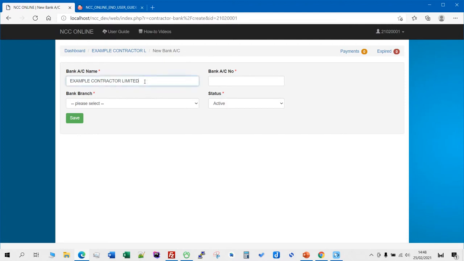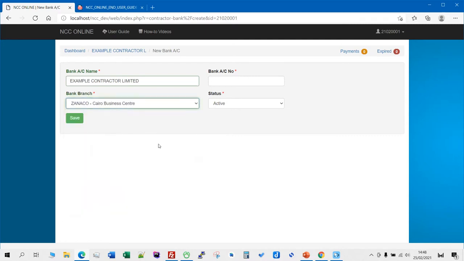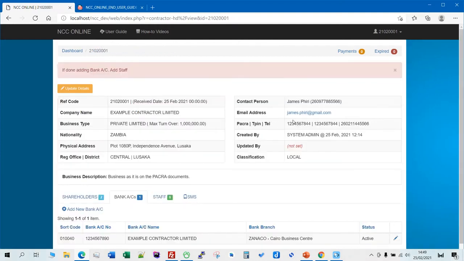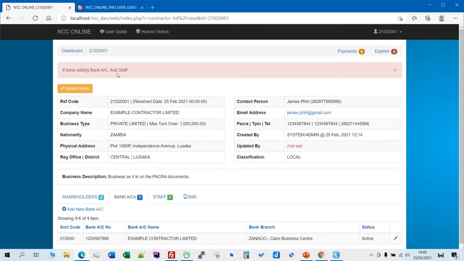All right, that is the name. Unless you want to change it, it does inherit the name of the company to be the bank account name. Then the branch here, just select Zanaco, maybe Cairo Business Center, and we'll just put in the bank account number. This has to be the real account number in case it's being used. So you can see we have the bank account showing down there, the sort code and the bank account number and all those things. Then the message changes on top now to say if you are done with bank account,